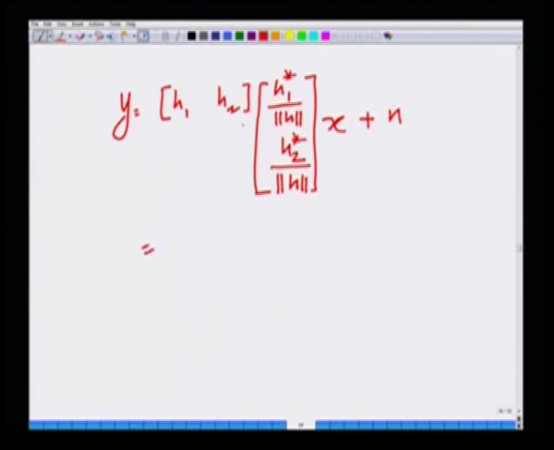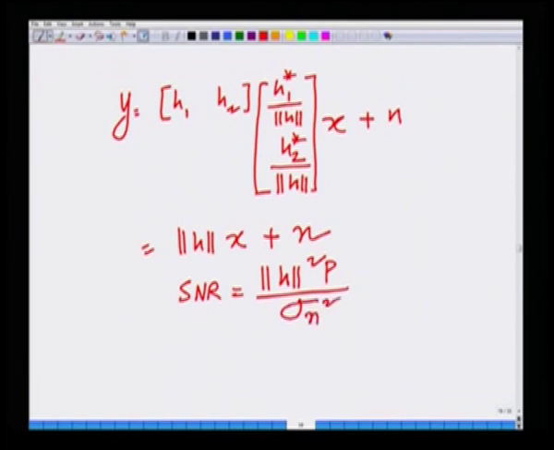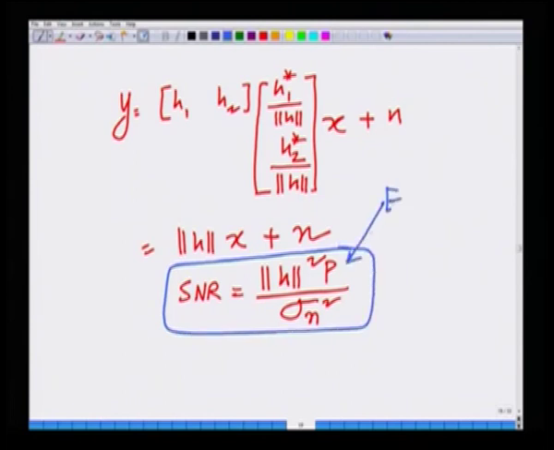This you can see is nothing but magnitude h1 square plus magnitude h2 square, that is norm h square, divided by norm h, which is nothing but norm h times x plus n. And now we are in business, because the SNR is norm h square times P, where P is the transmit power, divided by sigma n square. That is norm h square times expected x square, which is the transmit power P, divided by sigma n square. Hence, the SNR is exactly the same as that of the maximum ratio combiner,